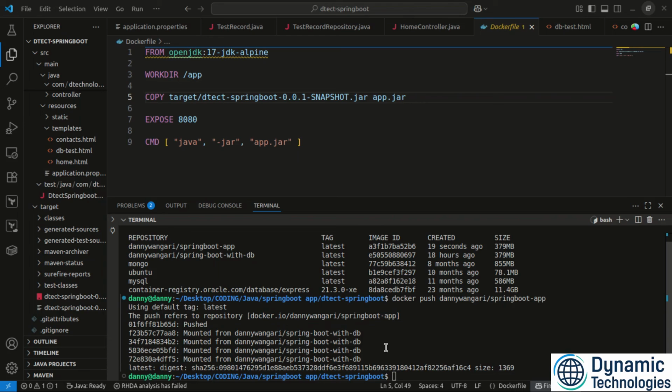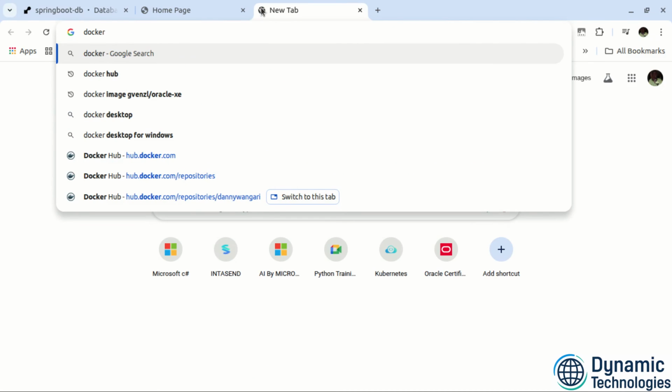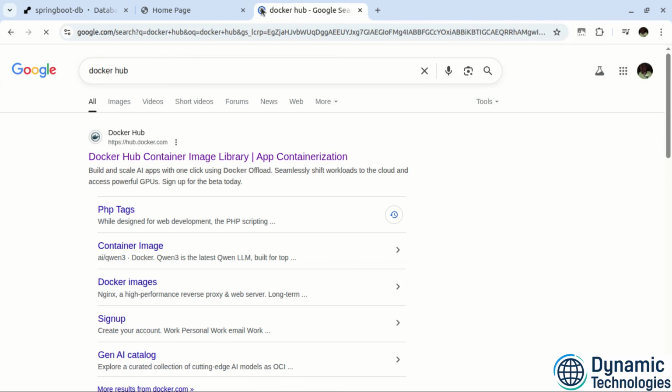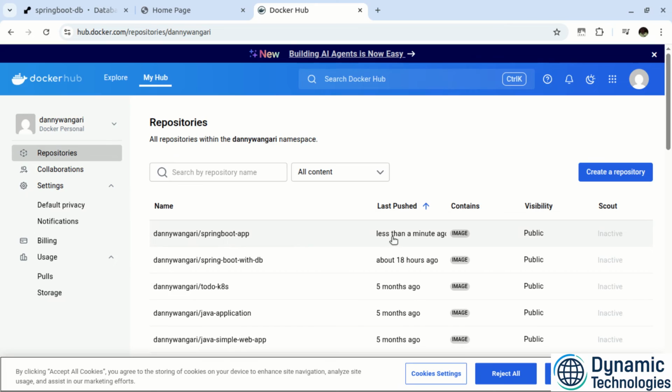So I'll access my Docker Hub here, click on that, and I see there is an image that has been pushed less than a minute ago. This is the image that we are going to deploy as a Docker container on the Render